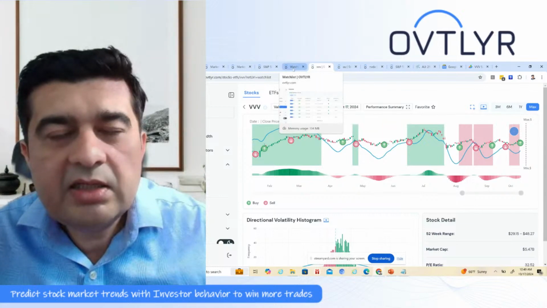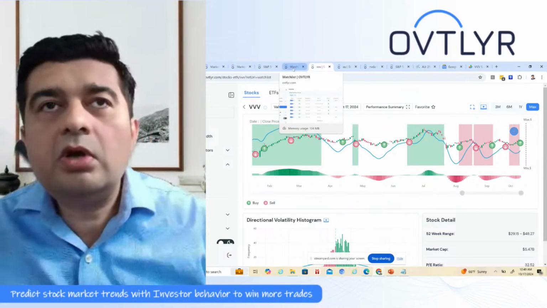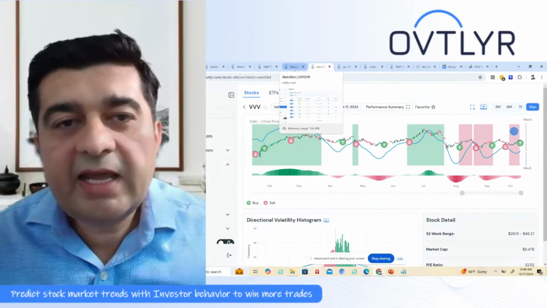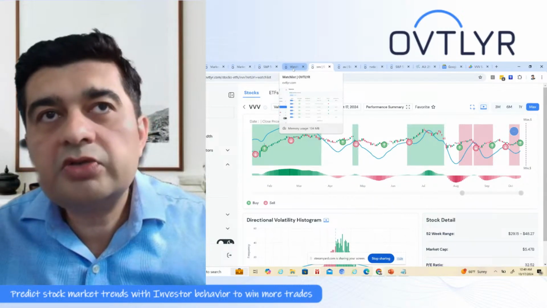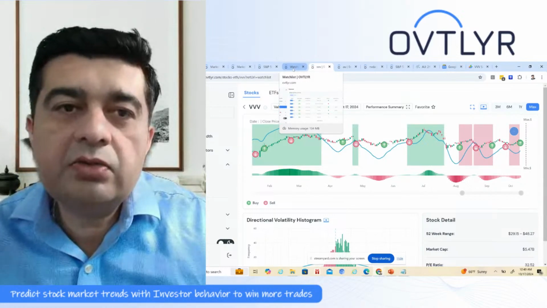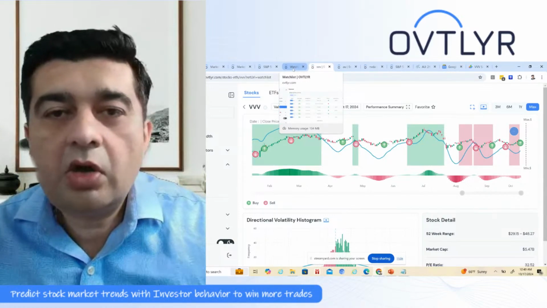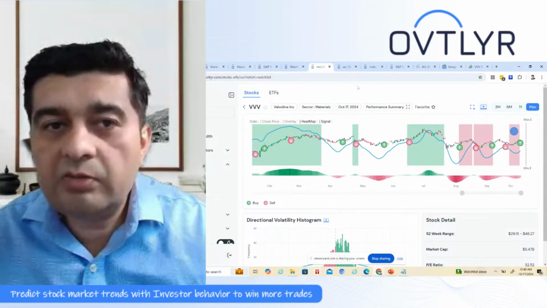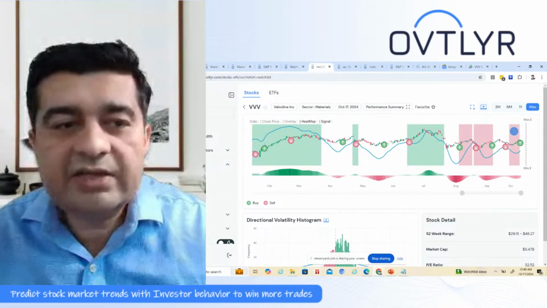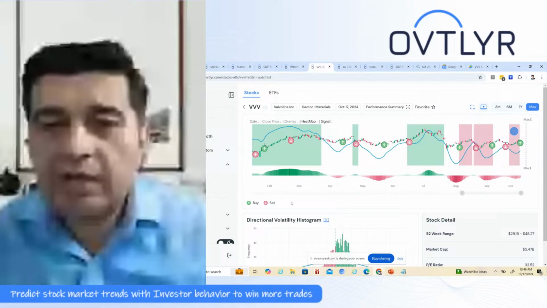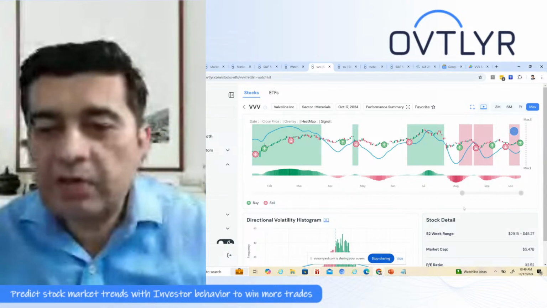But as I said, looking at overall sector and market breadth is so important because it can help you identify the stocks which are ready to run in the near future, and that's when you want to get into that particular sector or stock. So that's how I identify opportunities. And it's very easy to do that within the dashboard because we have very good data points, which can help you guys a lot.